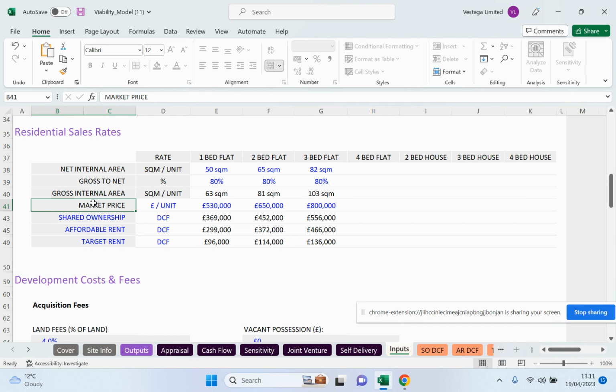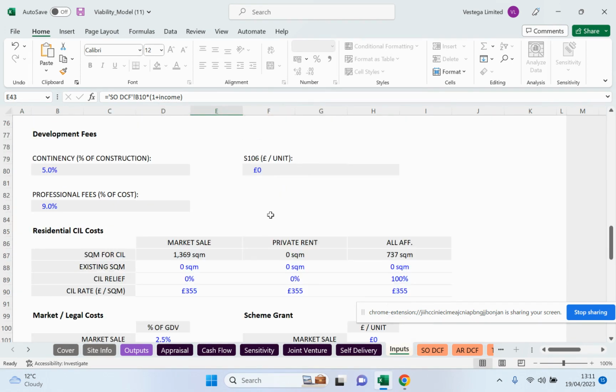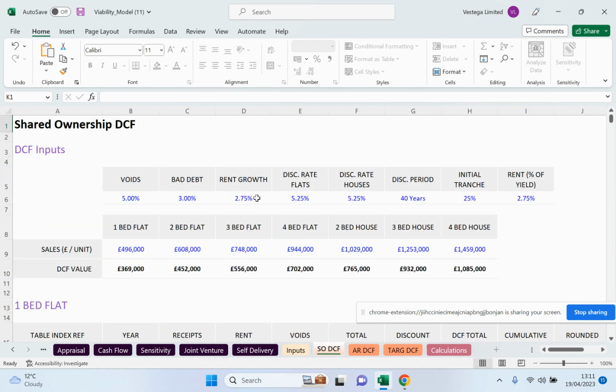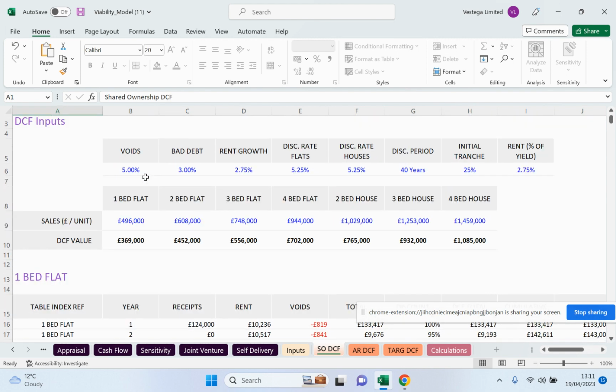Again, we'll look at the sales rates. It's all the same numbers from the app. The DCF will then flow through into the DCF tab, so all these inputs will be found in this tab. We then next have the DCF tabs. And again, if DCF was not assumed in the app, if you, for instance, went with a percentage of market sale instead as an input, then this tab would not be shown. The only reason these tabs are unhidden is because the DCF assumption was assumed within the app itself. But this will set out the key inputs,